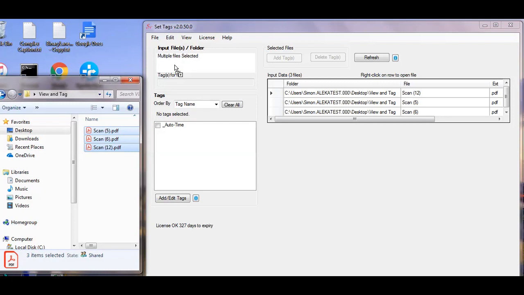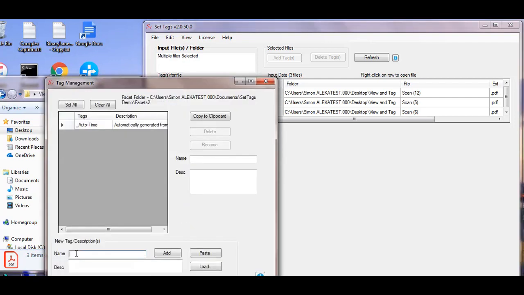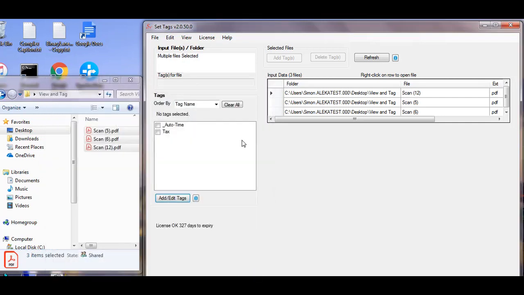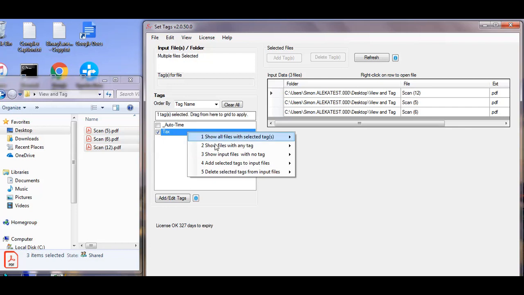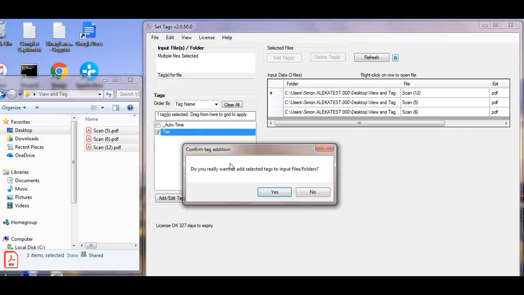Now we know that all of these files relate to tax matters, so we'll create a tag called tax, add it, and then when we close it we can see that it's added there. Now we've got three files that we're looking at, so if we want to add tax to all of those we select it, right click and then select option 4, add selected tags to all of the input files,